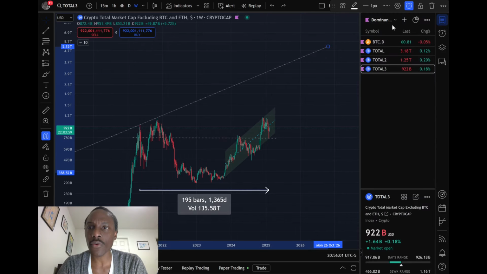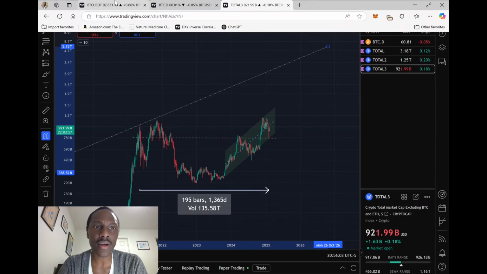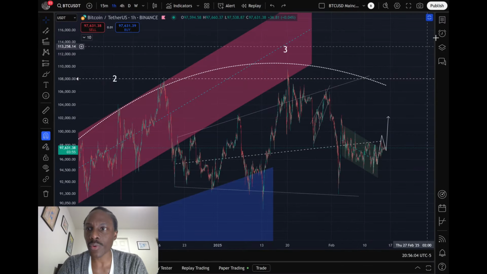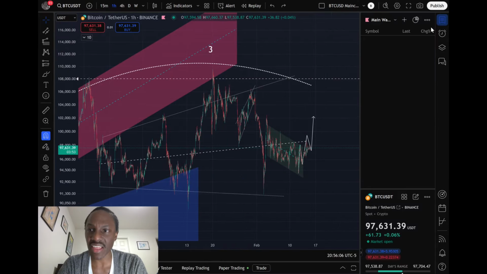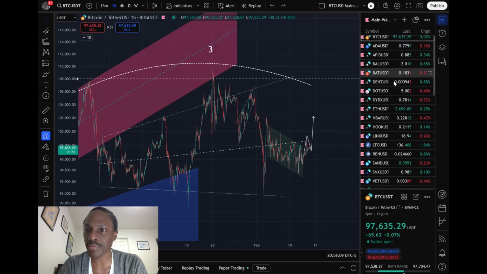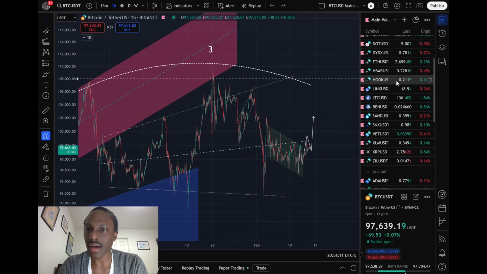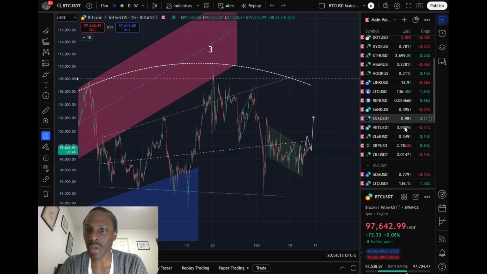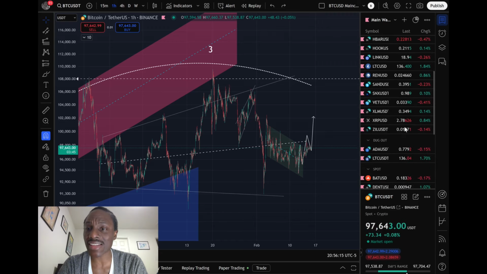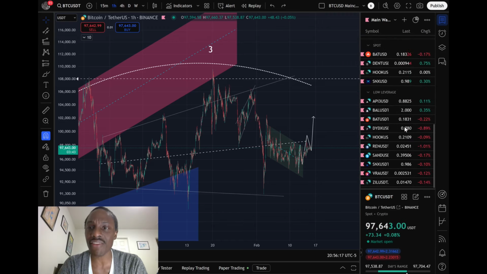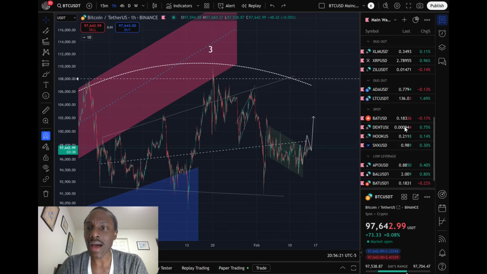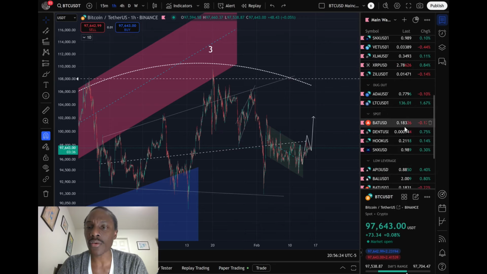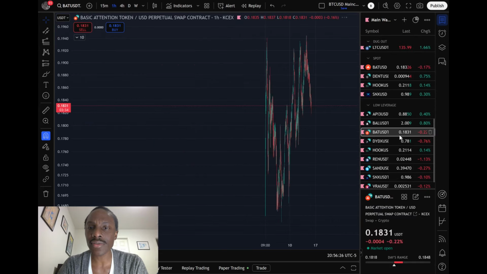As promised, before we get out of here, I'm just going to show you one quick example with one altcoin. I didn't think of doing this before, so I'm just going to pick one at random. I'm going to obviously pick one that's on support because, as I've said before in previous episodes, not every altcoin is going to hit those targets. I'm talking about specifically the altcoins on support. Let's use